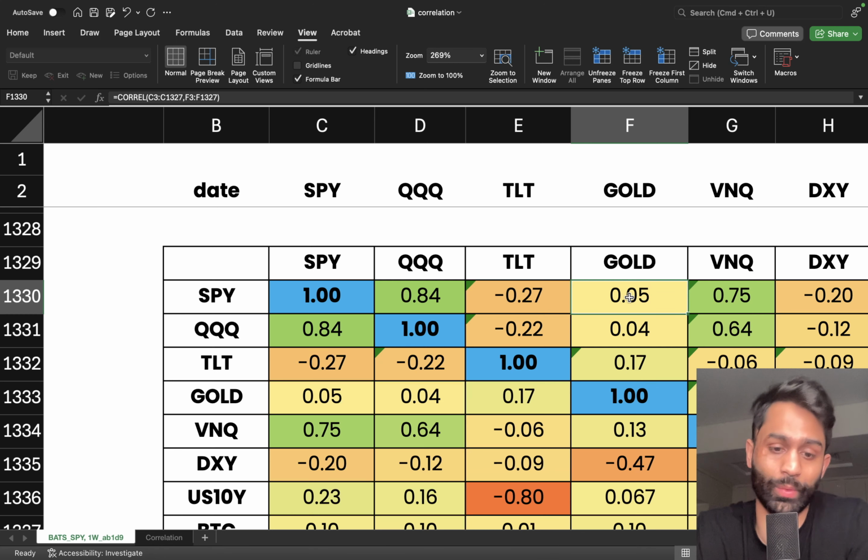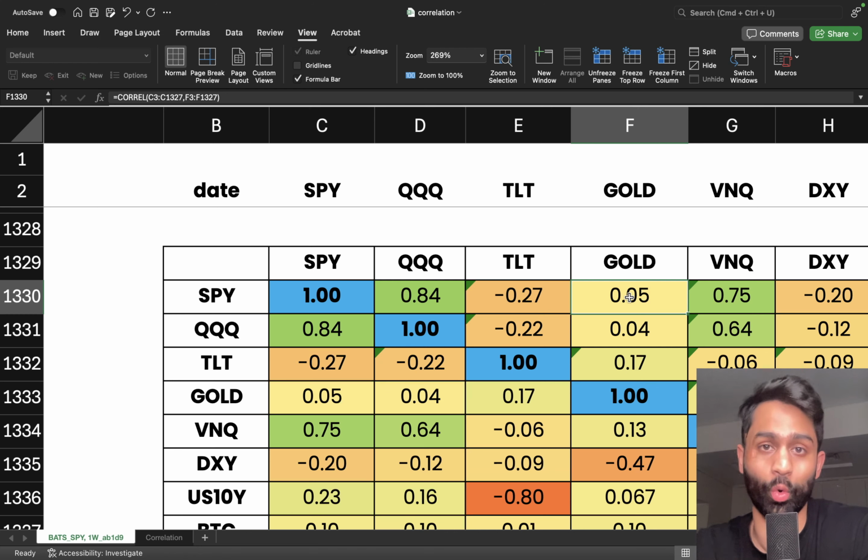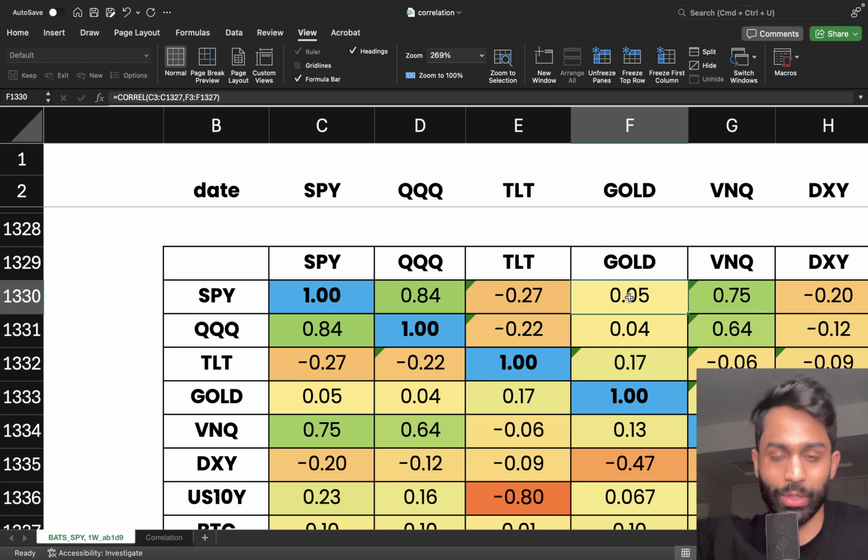One of the reasons why I've been buying gold in the last couple of years is because it's very uncorrelated with equities. So it doesn't really matter what stocks do. Gold is in its own world, right? Going up, down, all over the place. It's doing its own thing. So that's why it's very uncorrelated to the equities market. Yes, it has its own cycles of when it trades sideways or higher or sideways again.